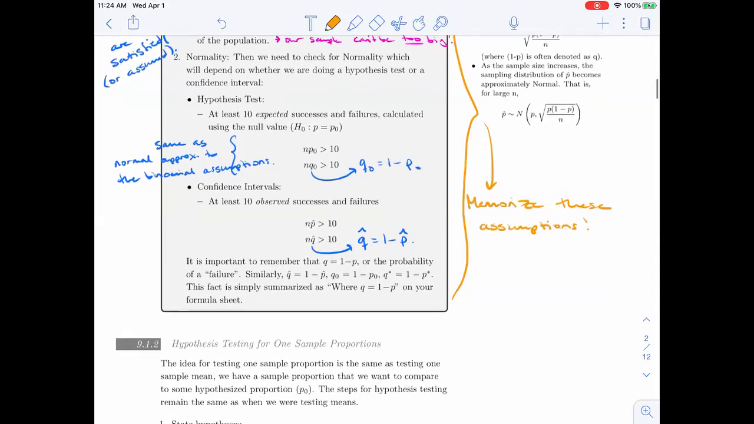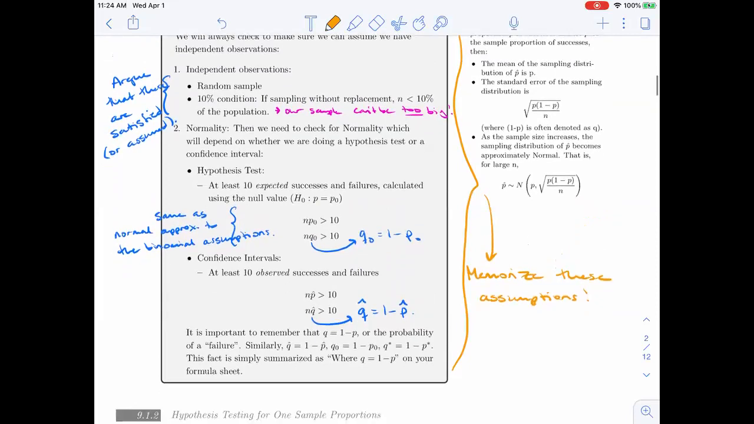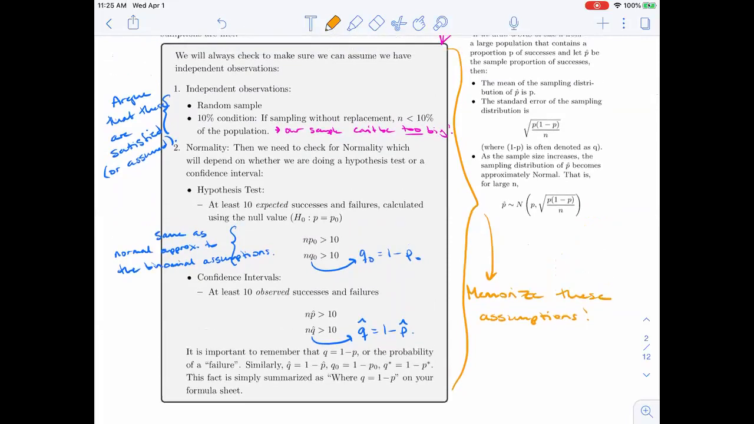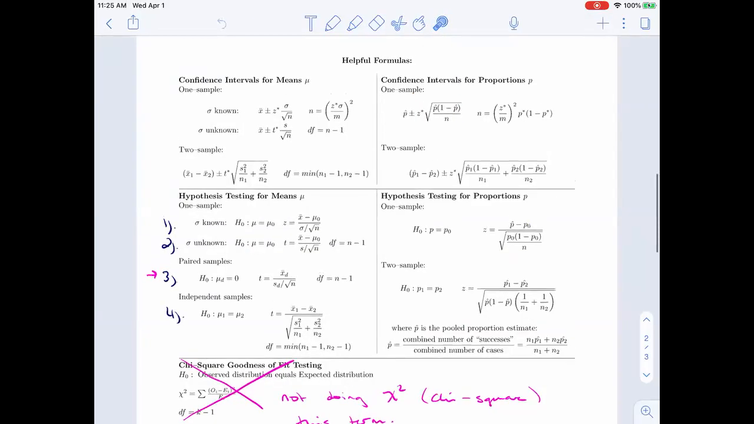So we're going to memorize those assumptions. There's really nothing we can do about that. But once you've done enough of them, you will find a rhythm. Just make sure that you're touching on all of these points, depending on if you're doing a hypothesis test or confidence interval. So if we have a look at your formula sheet,